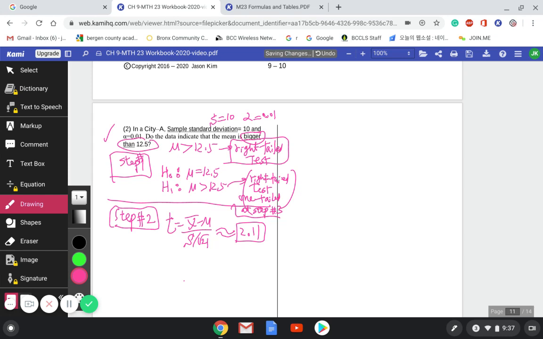And then you need this, and you need degree of freedom, which is n minus 1, which is 21 minus 1 as a 20. So you need this t value to find the probability, actually range of probability in this case for step number 3. So if you at step number 3, the range of probability,